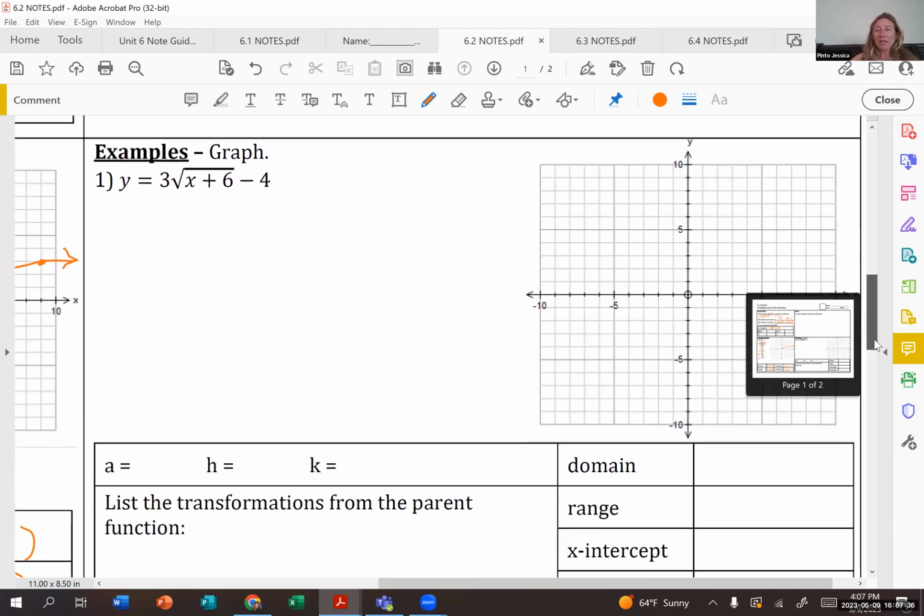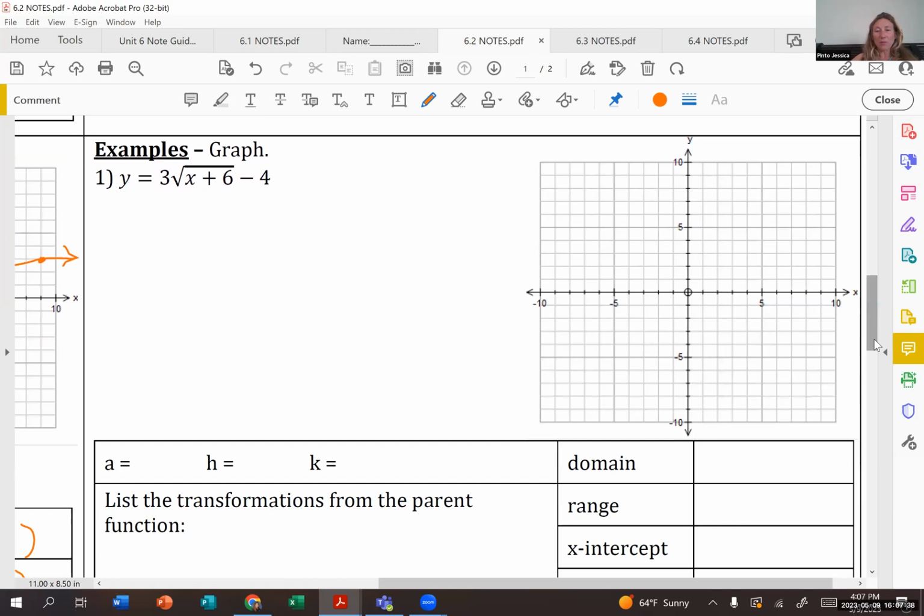So I'm looking at this function. We see the blank space. That's going to be the work area where I'll find the x and y intercepts. I see that the a is the 3. The h, it looks like plus 6, but it's going to be minus 6. And then the k is minus 4. So because we have a,